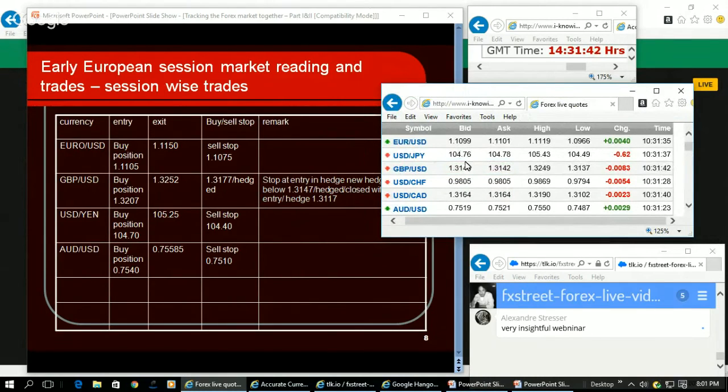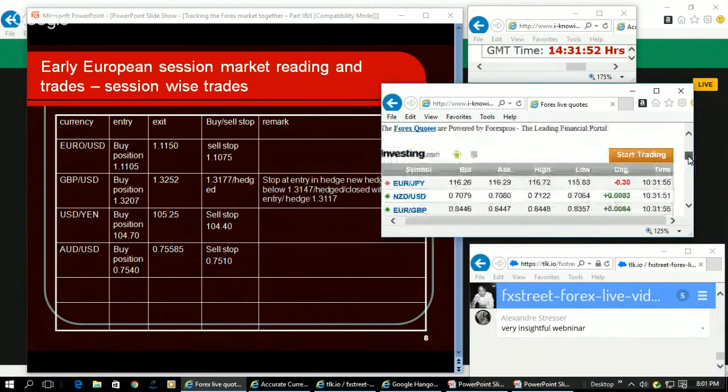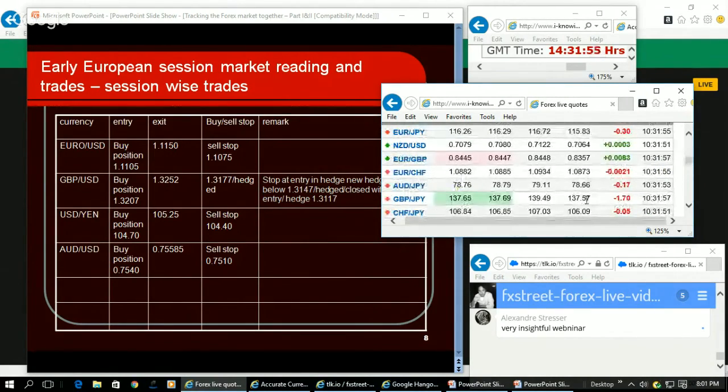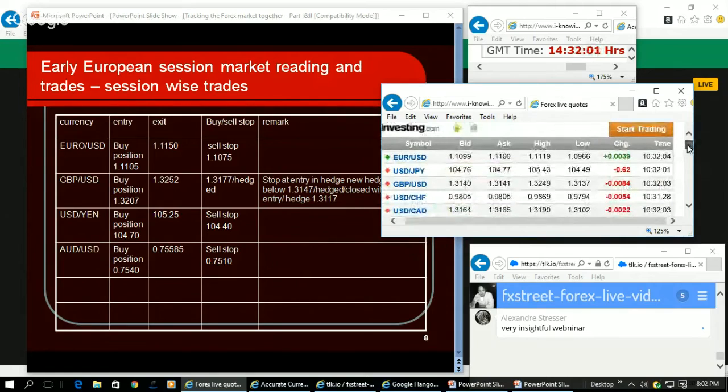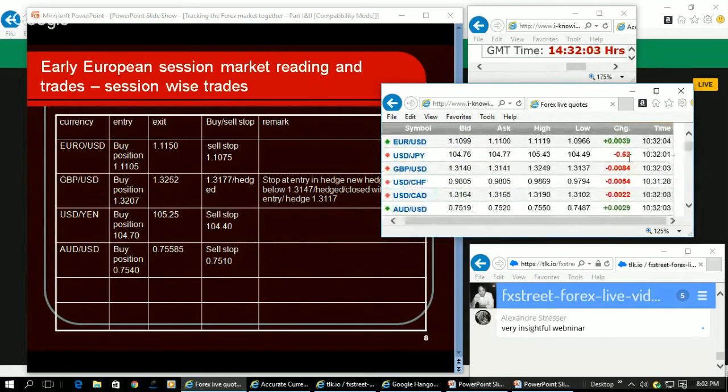Then similarly, USDJPY is in negative net change and GBP is in negative net change. As a measure, a cumulative downward move is seen in the case of GBPJPY. Look into GBPJPY, 170 pips on the downside, because we see yen is making about 62 pips negative net change, and GBP is making 84 pips negative net change, and 160 pips negative net change in the case